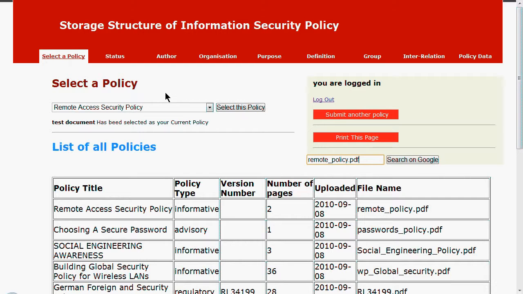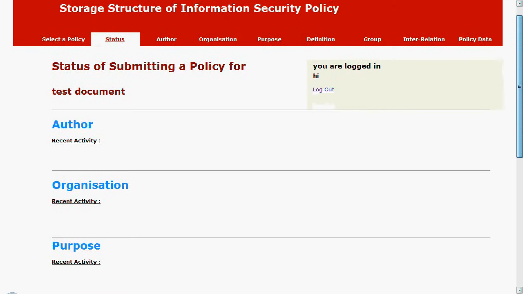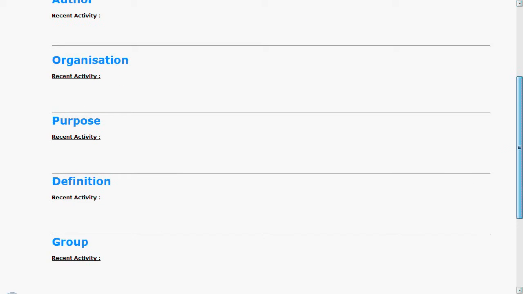After selecting a policy, you can go to the status page. As you can see, we have not edited any of the data from the database, so it